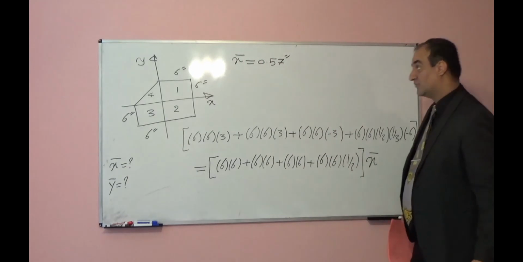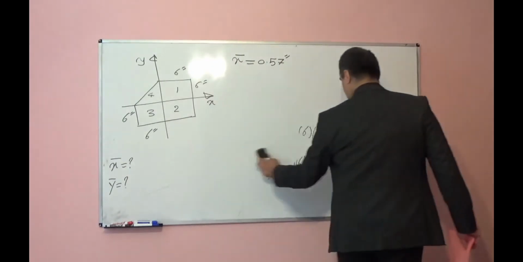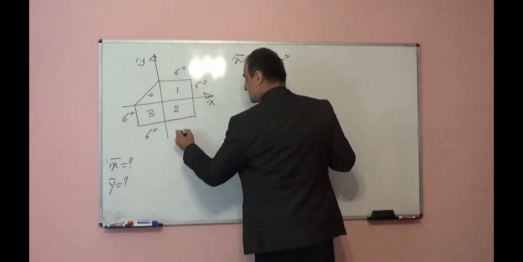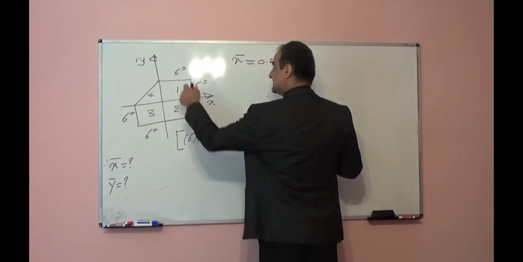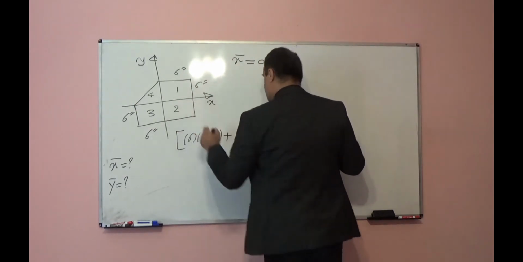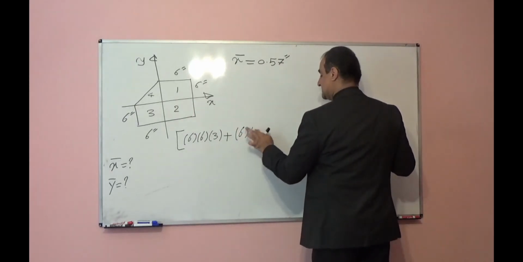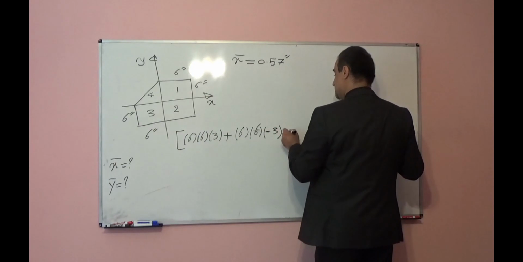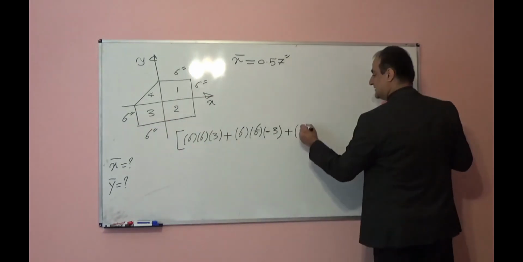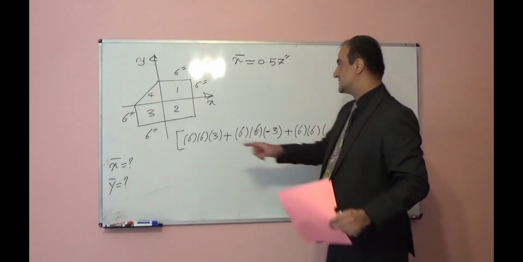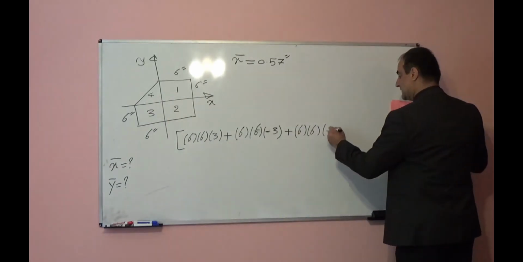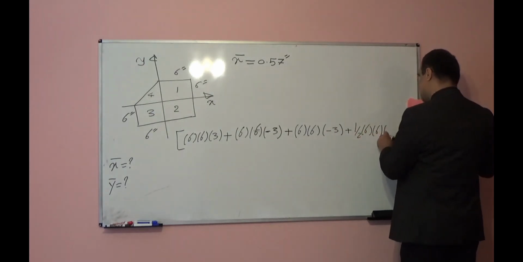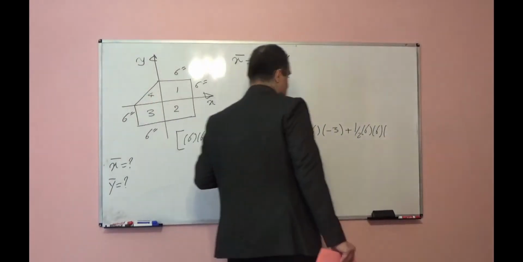Let's find y bar, in the y direction. In that case, I will take moment of area with respect to the x-axis. So for rectangle number 1, it will be 6 times 6 times 3, plus for rectangle number 2, it will be 6 times 6 times the distance of centroid to x, which is negative 3, plus for rectangle number 3, 6 times 6 times the distance of centroid to x, again negative 3, plus area for triangle number 4, 1/2 times 6 times 6 times the centroid to x, which will be 1/3